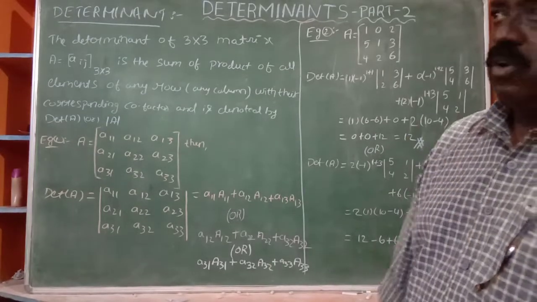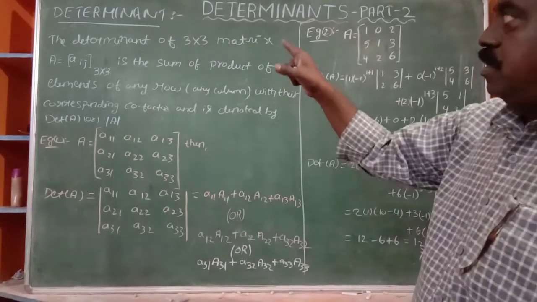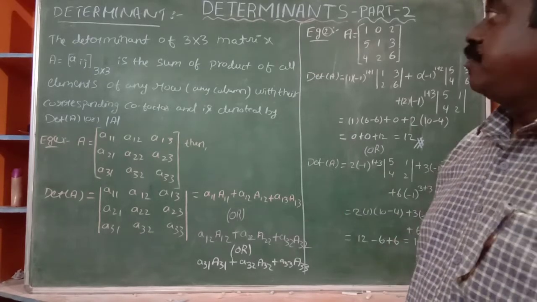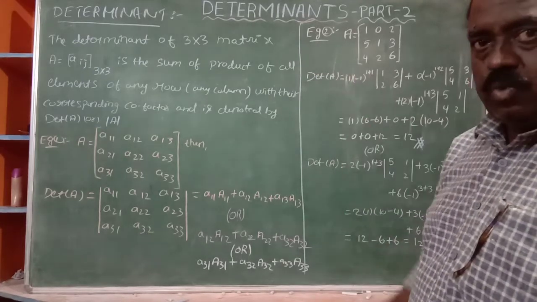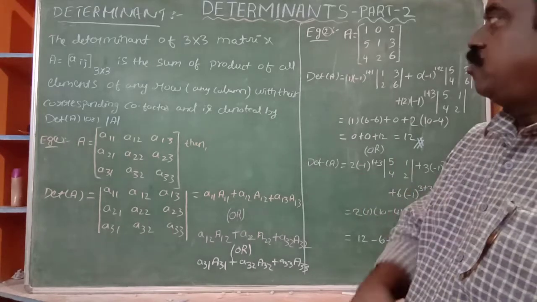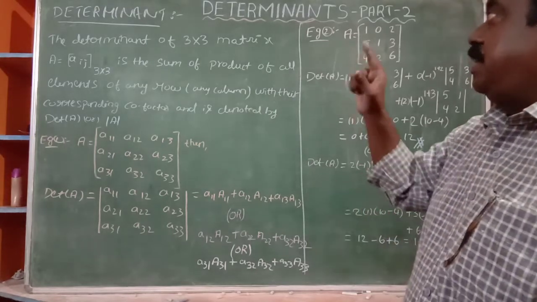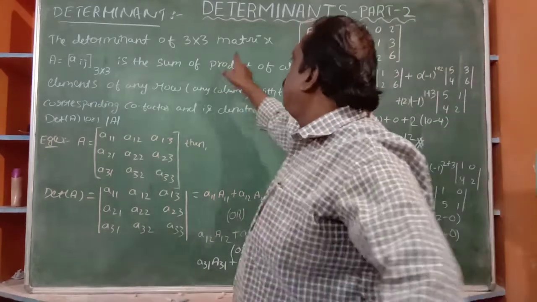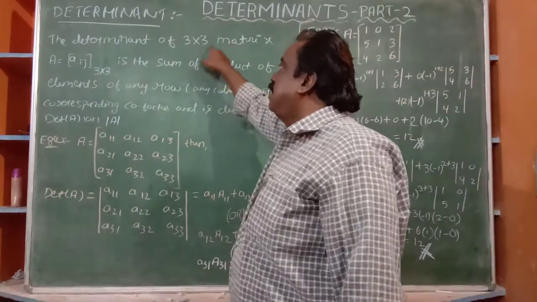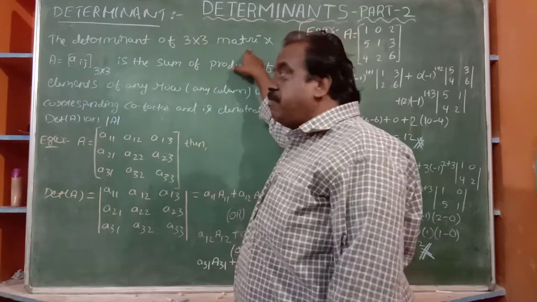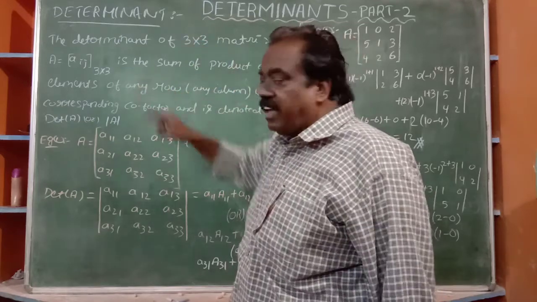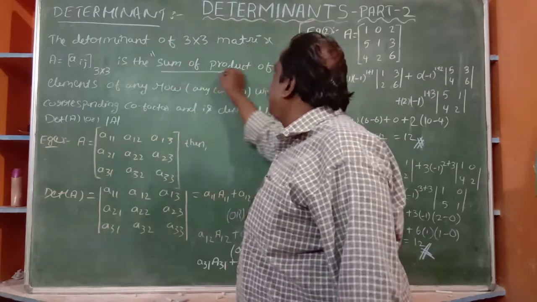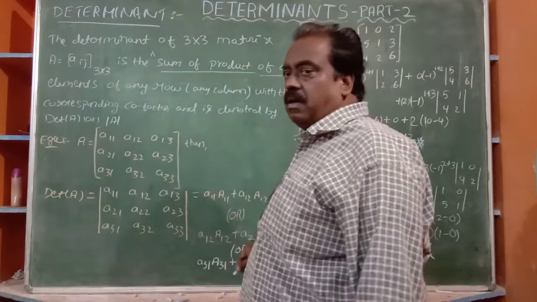Okay, students. Now determinant. Already we discussed about the cofactor. Determinant is a very important concept. Follow it. The determinant of a 3 by 3 matrix. It is a square matrix of order 3 by 3. The determinant of a 3 by 3 square matrix, capital A equal to Aij, is, this is important, the sum of product of all elements